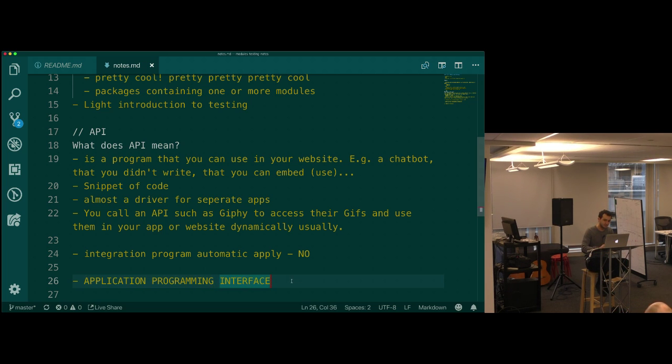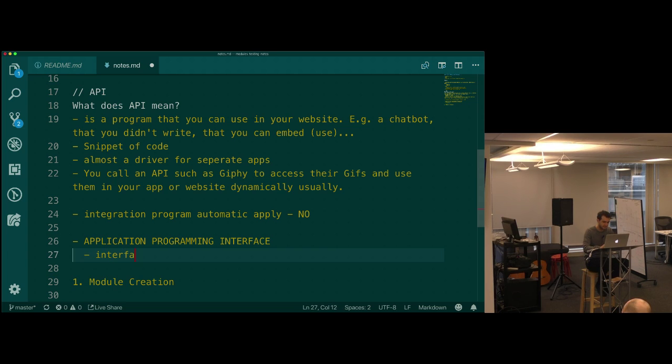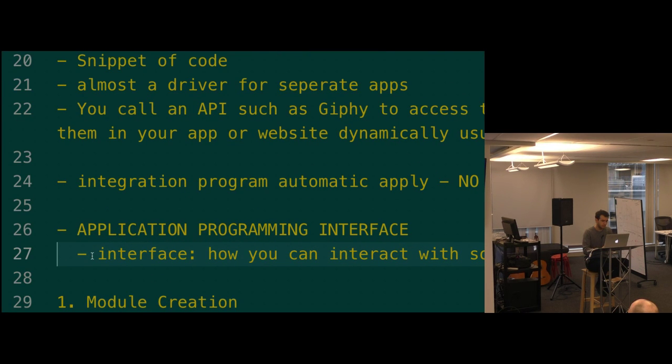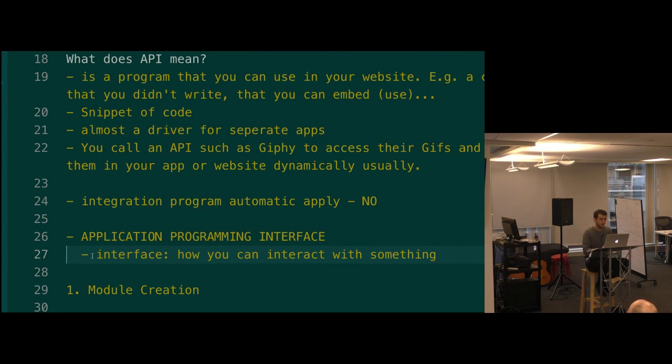Application programming interface. I want to pull apart the word interface. As you said, it's how you can interact with something. Now, when we talk about APIs, what we're generally going to be talking about is how we can communicate with another program, right?